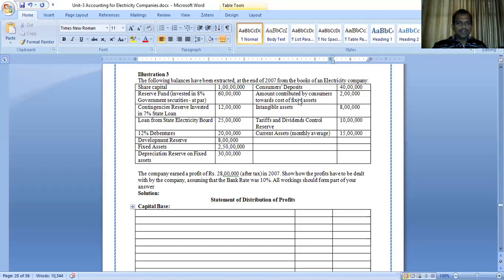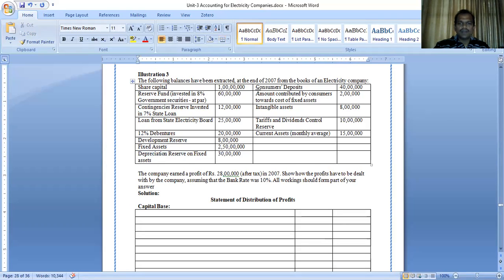Disposal of surplus, illustration 3. The following balances have been extracted at the end of 2007 from the books of an electricity company: share capital, reserve fund invested in 8% government securities, contingencies reserve invested in 7% state loan, loan from state electricity board, 12% debentures, development reserve, fixed assets, depreciation reserve on fixed assets, customers' deposits, amount contributed by customers towards cost of fixed assets,